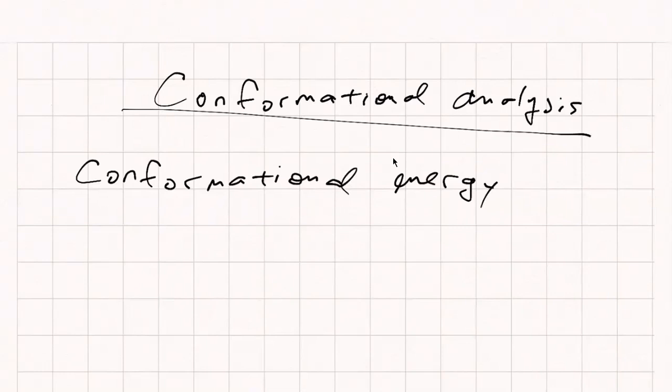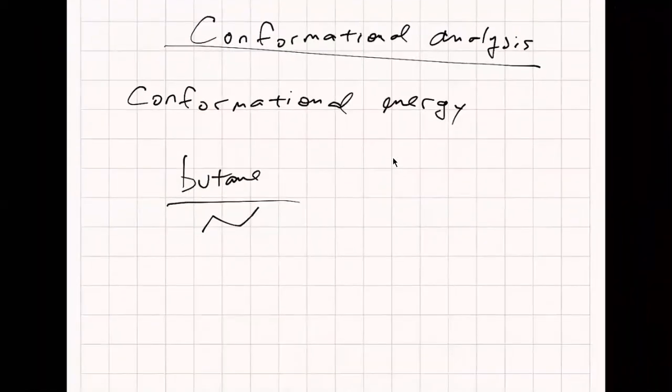When you have a molecule, let's say butane, if we want to analyze that, we can look at butane here, or we can look at the equilibrium structure, which is here with the two methyl groups on the same side. But a better way to look at that,